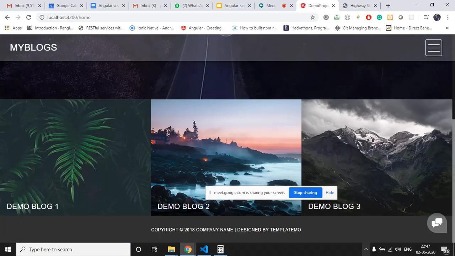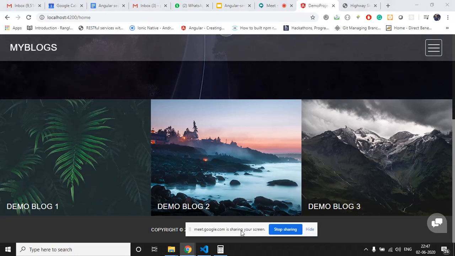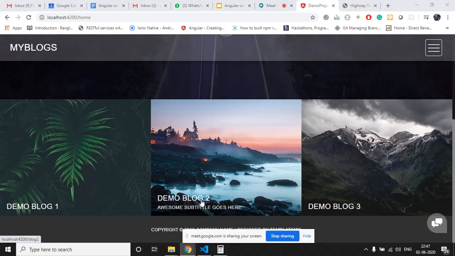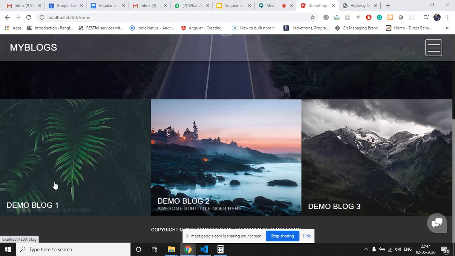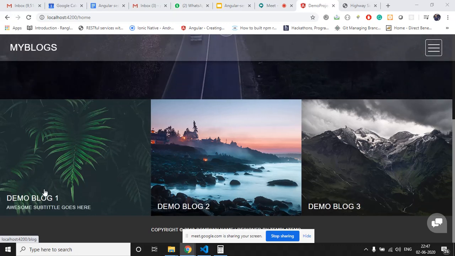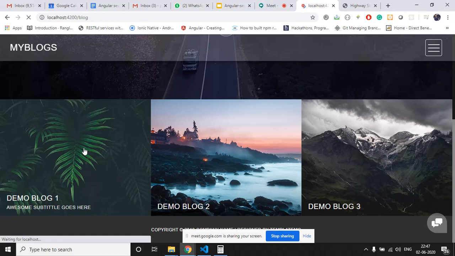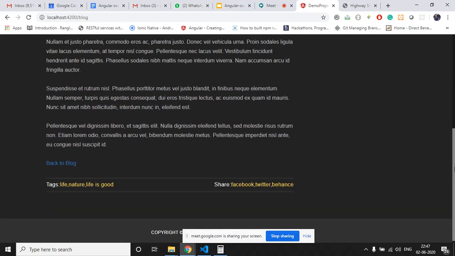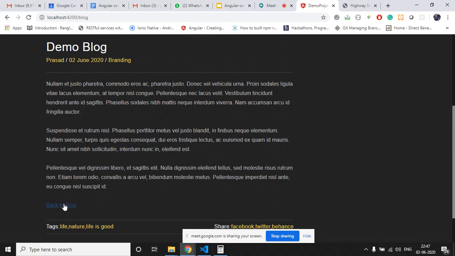Now we have changed all the things according to our blogs. So this is demo blog 1, demo blog 2, and demo blog 3. When we click on demo blog 1, it should take us to blog 1, right? So this is the demo blog. When we click on this back to blog button, it will take us to the home page.